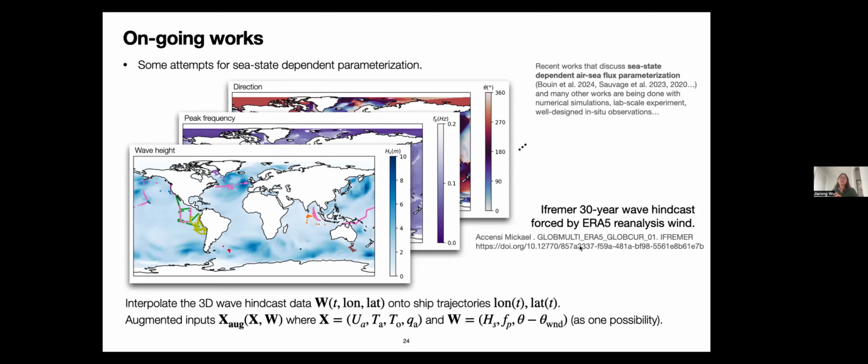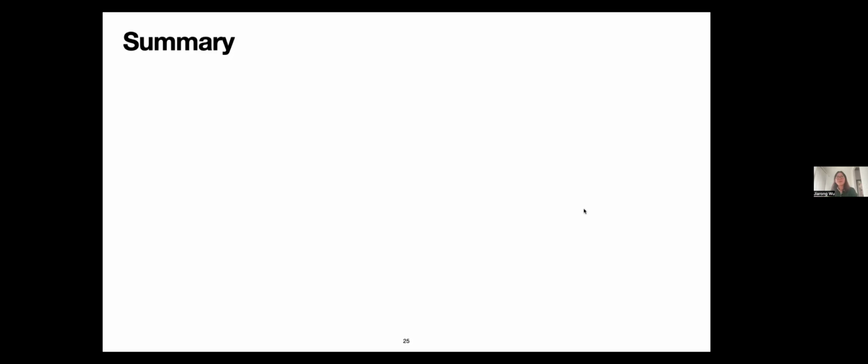Maybe we need really co-located measurements of wave and other state variables like wind and temperature. Yeah, haven't seen yet, but I'll try a few other things. So this is not a definitive no.